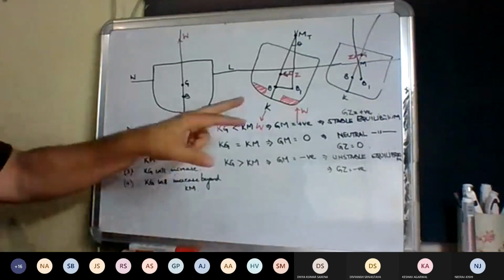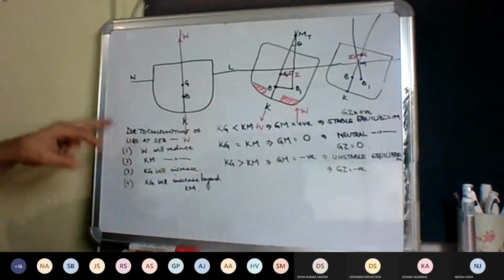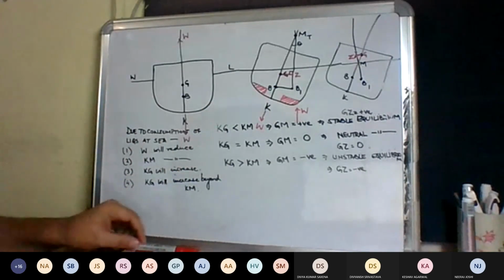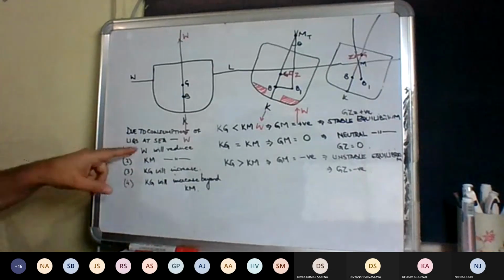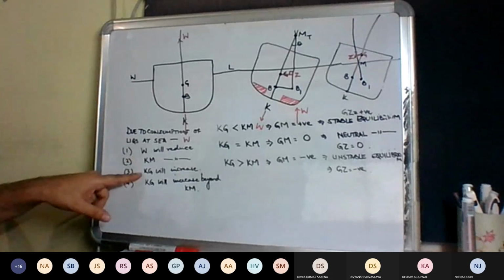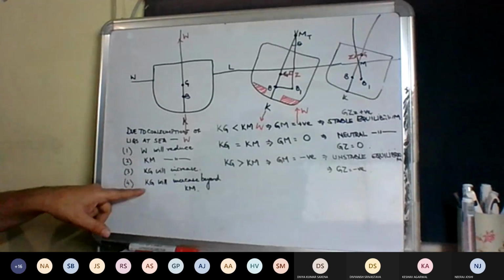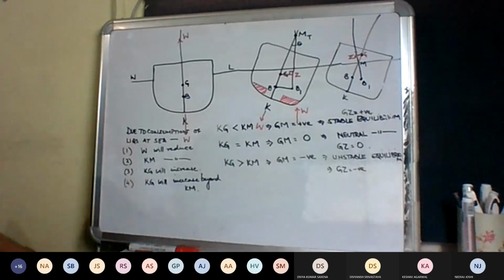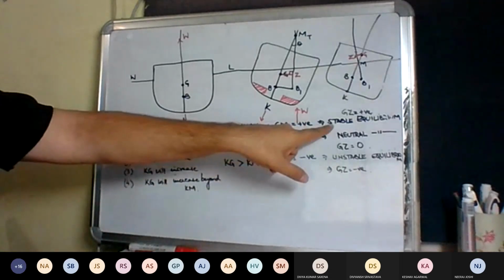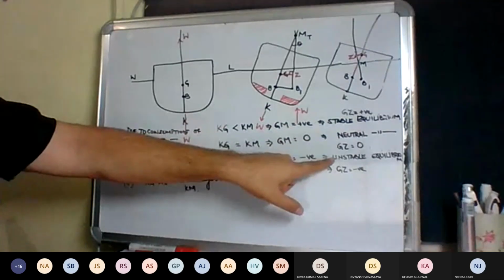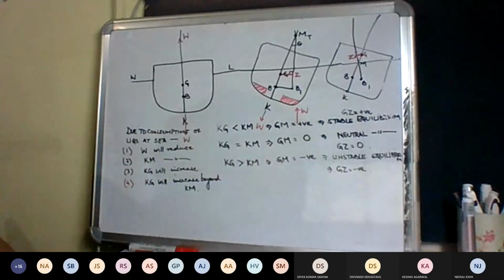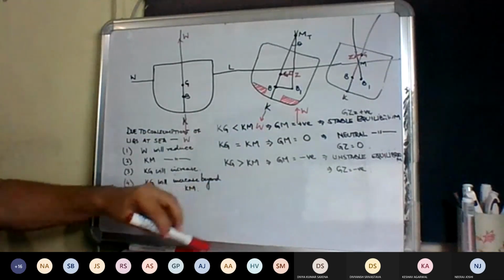So all this is happening. Why? Because I am consuming liquids at sea. This is all happening because of that. W is reducing, Km is reducing, Kg is increasing, and therefore the G and the M will coincide, and then the G will overshoot M. So the vessel sailed out from port in a stable equilibrium, at sea went to a neutral equilibrium, and then went to an unstable equilibrium at sea because she kept on consuming.